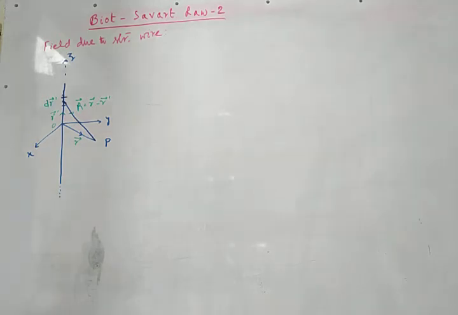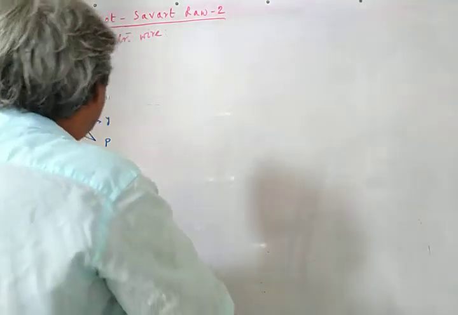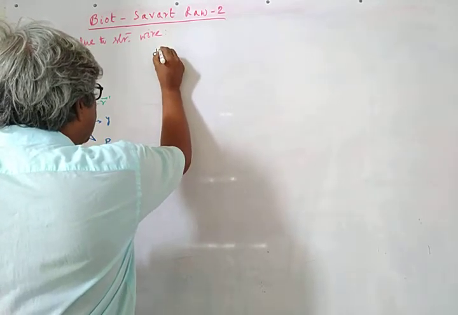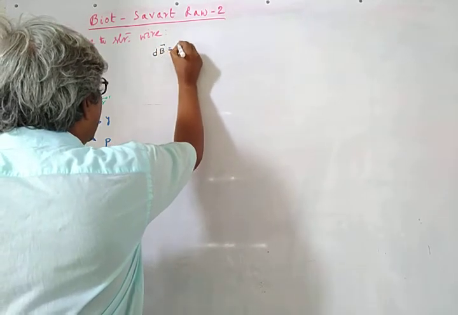Second lecture on Biot-Savart Law. Today we shall apply the law in a few simple cases. Today we shall apply the law to the one-dimensional conductor. For a one-dimensional conductor the Biot-Savart law is: the magnetic field at a point R due to a current